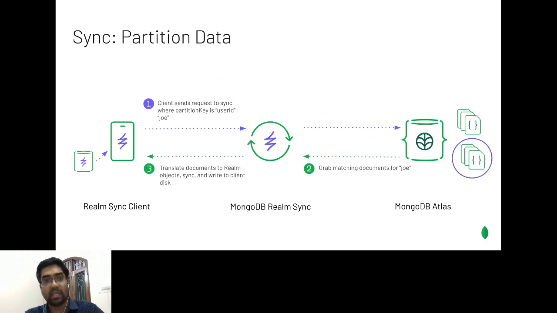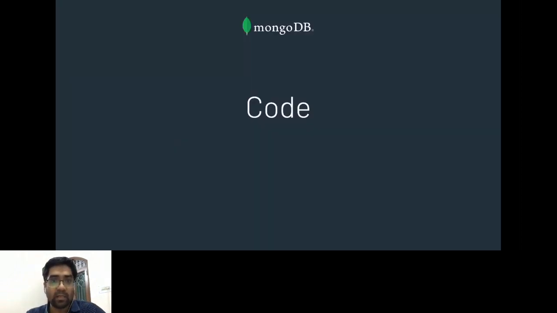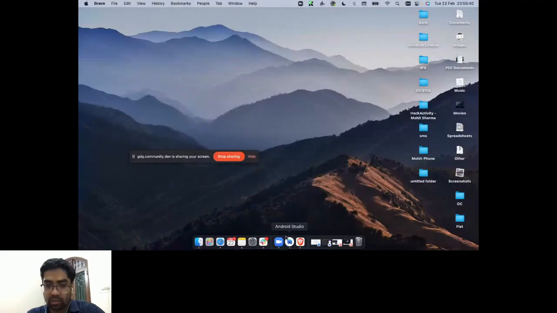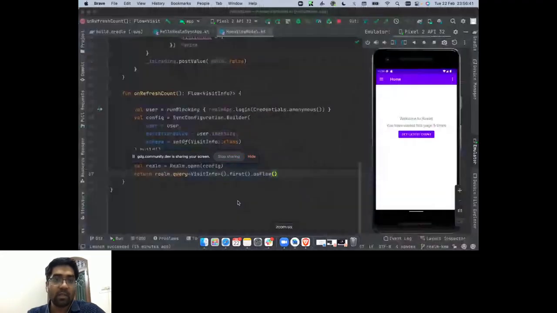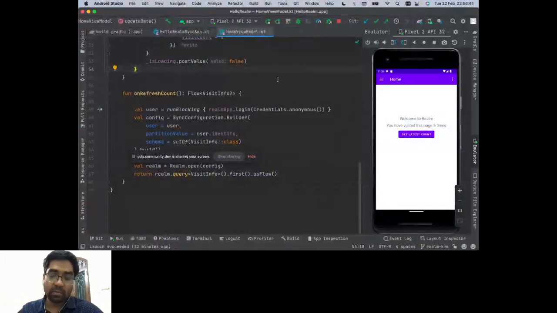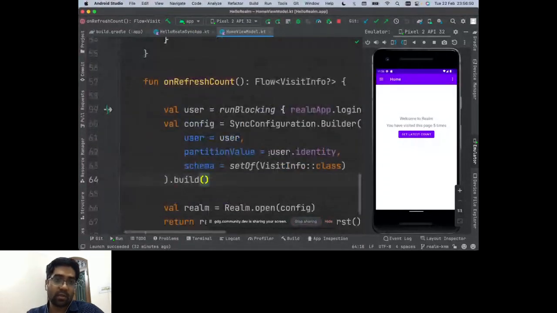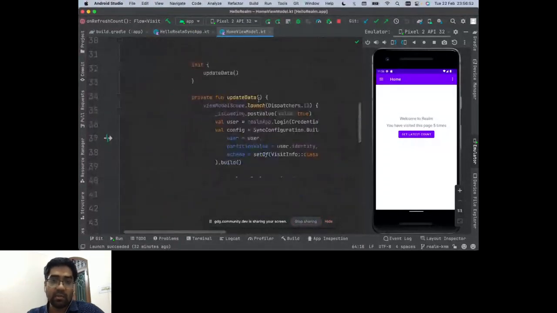So now let me jump to the coding. I'm switching my screen, so bear with me for a second. You should see my Android Studio shortly. Okay, now I gave you some of the basic theoretical information on how things are on Realm, but let me also help you